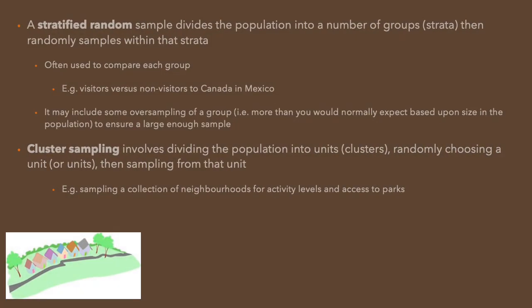A couple of slightly more complex ways of probability sampling. You have something called a stratified random sample, where you first divide your population into 2 or more groups, and then within that group, you randomly sample. So as the example that I've got there, maybe you've divided your population, and this is something that we actually did when I was working at the Canadian Tourism Commission,